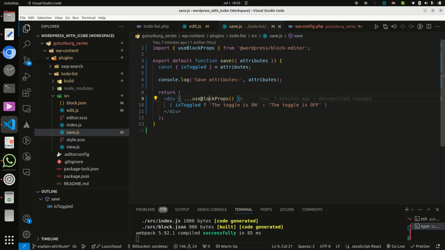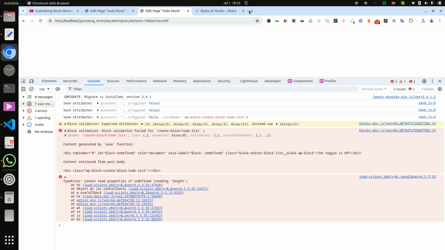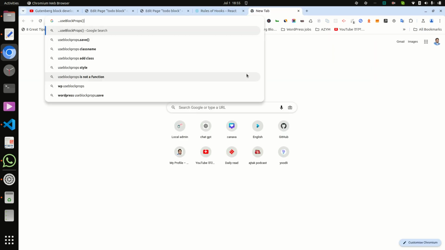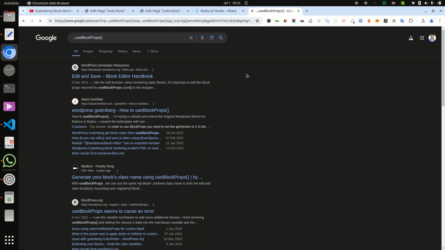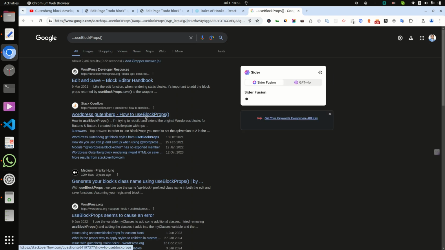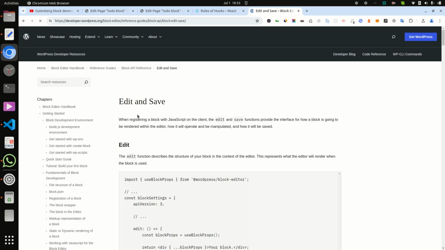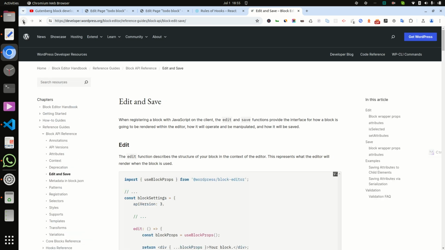I am using useBlockProps here. So go to edit and save, or we can also check it here.